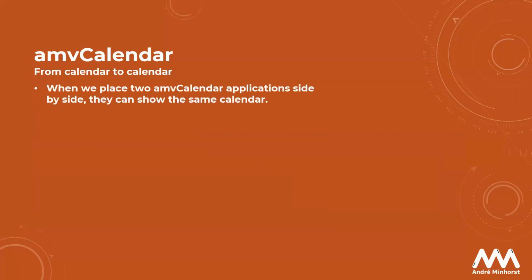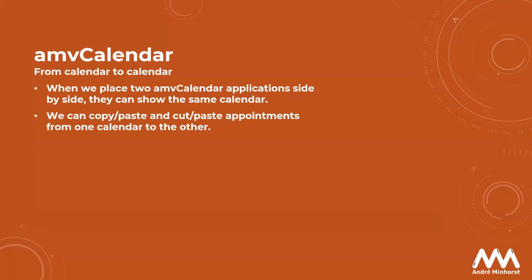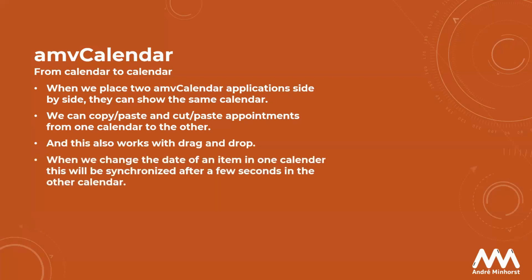From calendar to calendar. When we place two amvCalendar applications side by side, they can show the same calendar. And we can copy and paste and cut and paste appointments from one calendar to the other. And this also works with drag and drop. And when we change the date of an item in one calendar, this will be synchronized after a few seconds